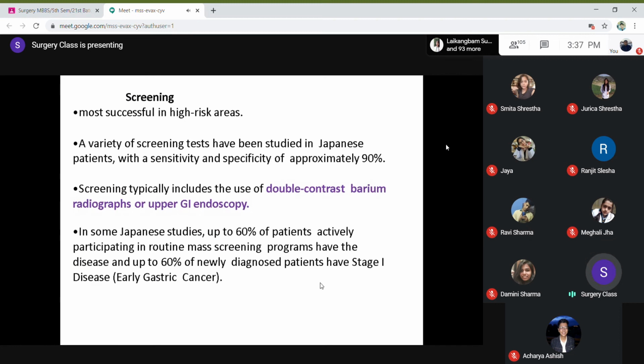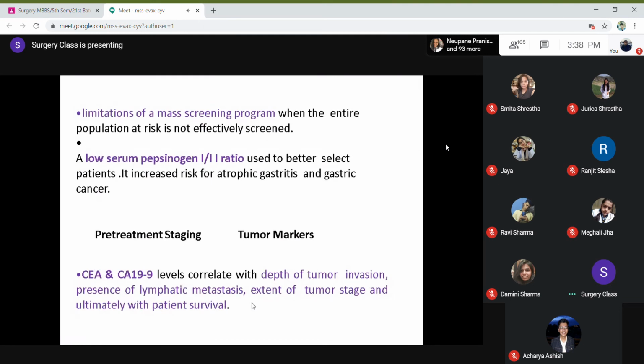So, screening of gastric cancer. Japanese people are doing more and more screening. They do a lot of upper GI endoscopy or double contrast barium radiograph. Upper GI endoscopy means gastroscopy. So they diagnose stage 1 disease so that it gets cured. There are other screening programs also where